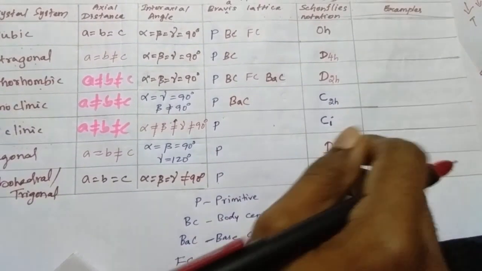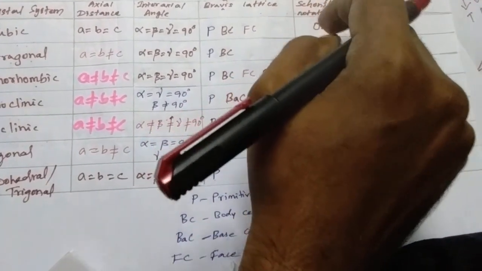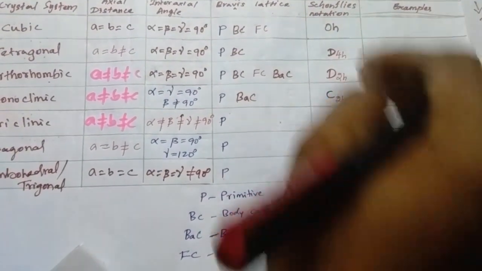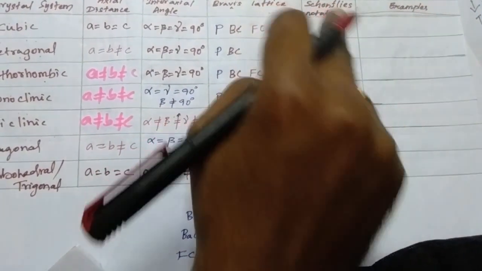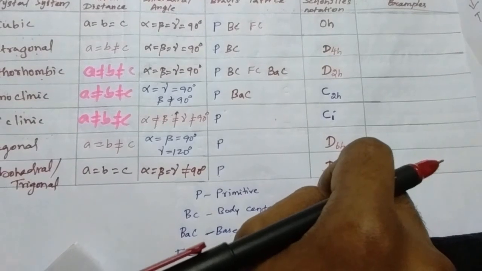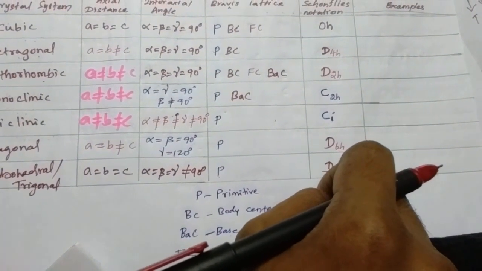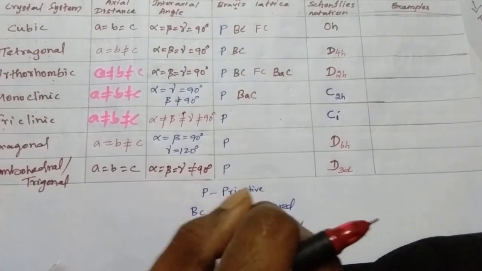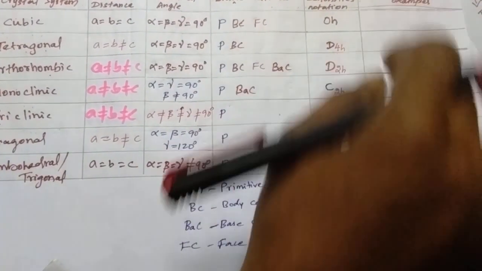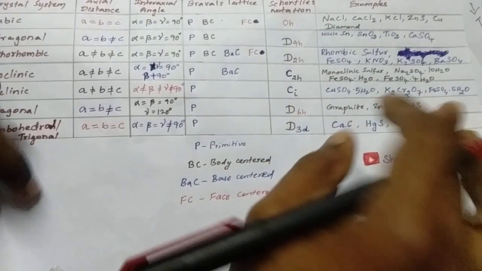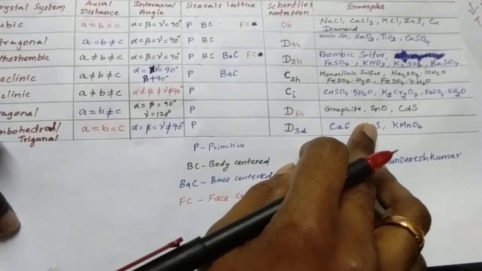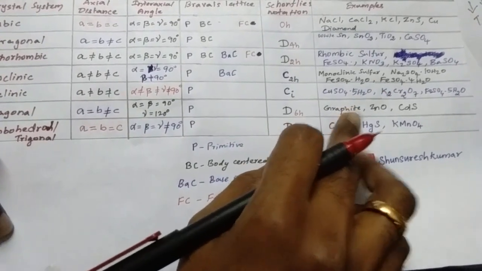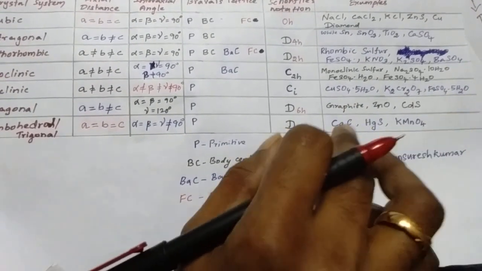So based on this you can write the Schoenflies notation. Okay, so they indirectly ask point groups using this notation. Okay, so based on this table you can answer the questions. I hope you can answer the questions. For the example, you just copy from here. So examples are also important. Many exams ask the examples also, so you just copy the example from here. I won't repeat that.